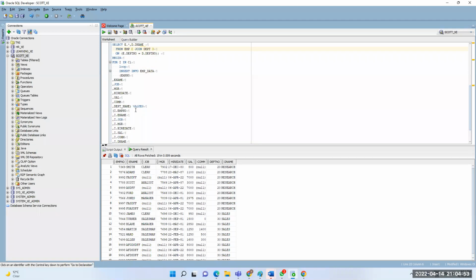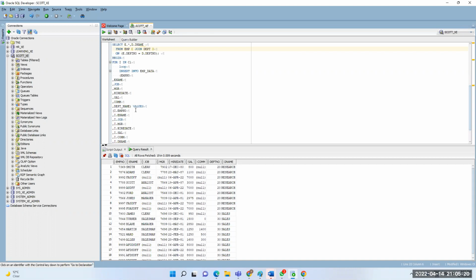We have implicit cursors and explicit cursors. This is explicit. Implicit cursors are also there, but Oracle automatically fires them when we are doing DML operations. You don't need to declare or define anything for that.